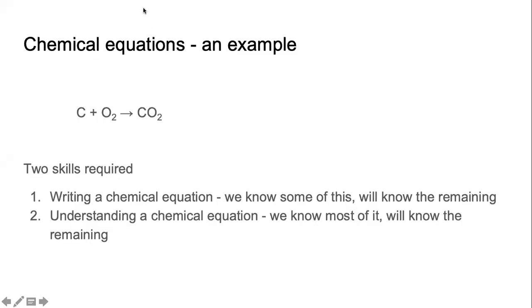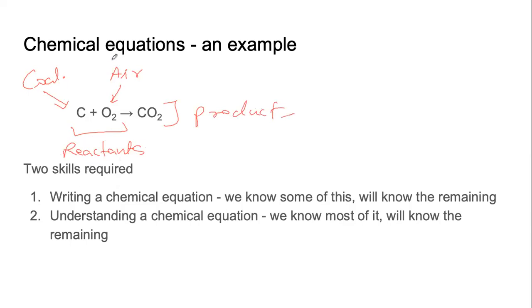So how does a chemical equation look? If we take the same example, carbon dioxide is produced by combustion of coal in air. Now coal, my dear students, is mainly carbon. Air is a mixture of many gases, including oxygen. So when we burn carbon in air, it reacts with oxygen to form carbon dioxide. And the way we write it is this. These are our reactants. This is our product.